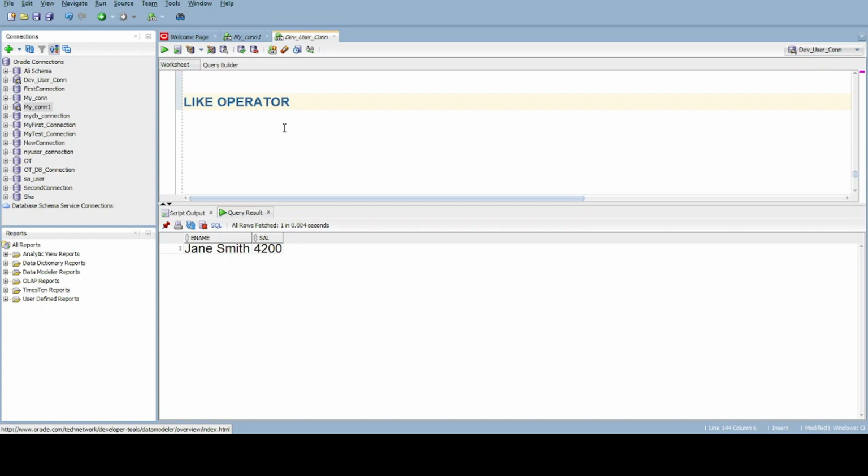We'll see the query using the like operator. So when we are going to use the like operator, suppose we want to see a person whose name starts with A, so we want to see how many persons have names starting with A, at that time we use the like operator, like select emp number, ename, comma, salary from emp, where we want to see the employee name starts with A. So here where ename like,